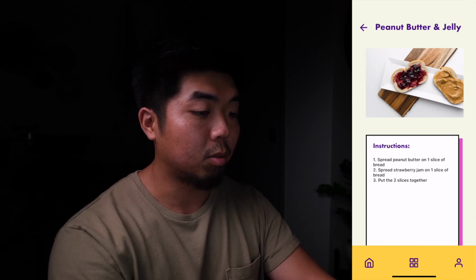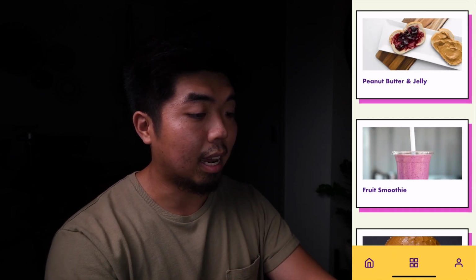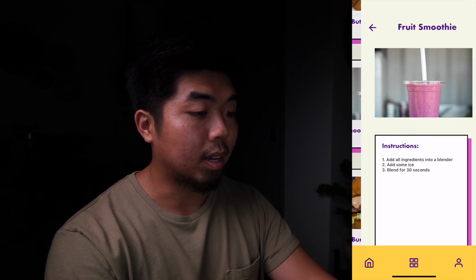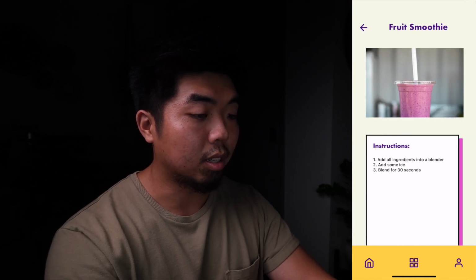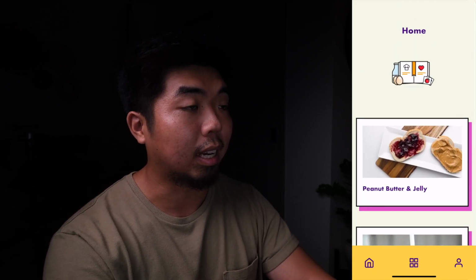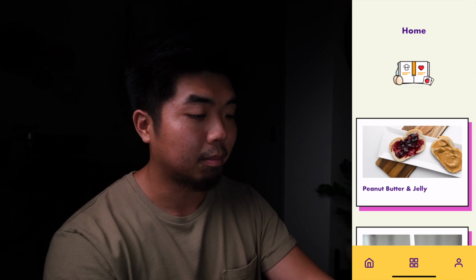But if I go back to the home screen, you'll see how it fades down and it has a slight animation to it, whereas the detail page just kind of pops in, no animations. So animations, the page reveals, are a great way to give that premium feel to your app.